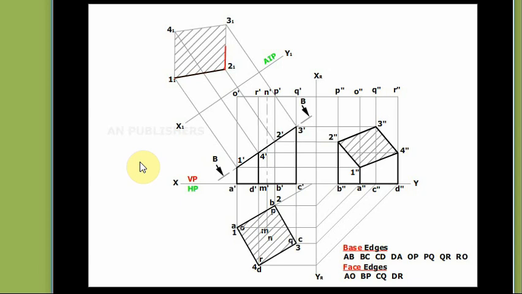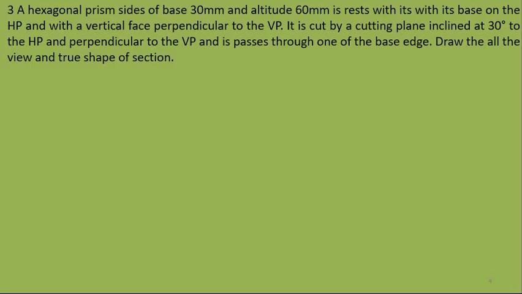So draw with the dark lines. Like this we have completed the drawing. So dimension it wherever required. Whatever dimensions are given in the problem, all dimensions should be there in the drawing. This is the final drawing, whatever is required. We will see one more problem for easy understanding.